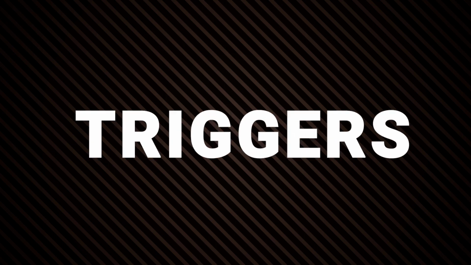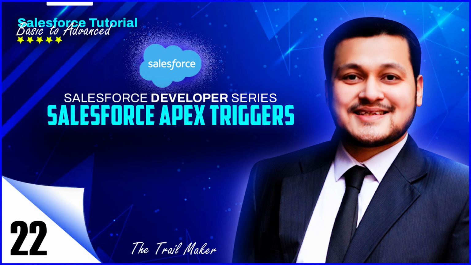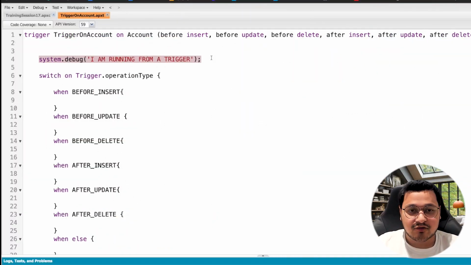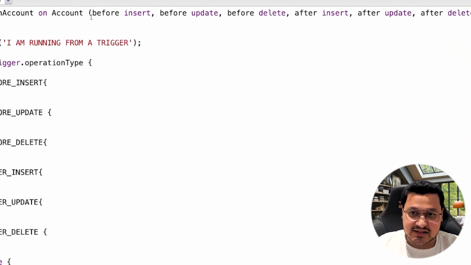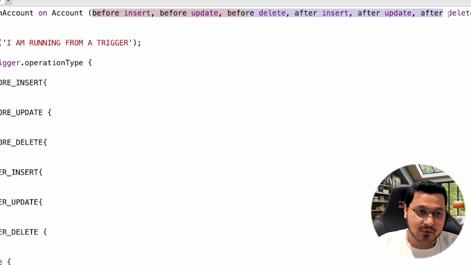Today, we are going to talk about trigger and trigger.operationType. So basically, in the previous video, we understood how to run a trigger and how we put the logic inside our trigger. Today, we are going to talk about how we handle all of that logic based on what operation is happening. As you can see, your trigger is running on all of these operations, but